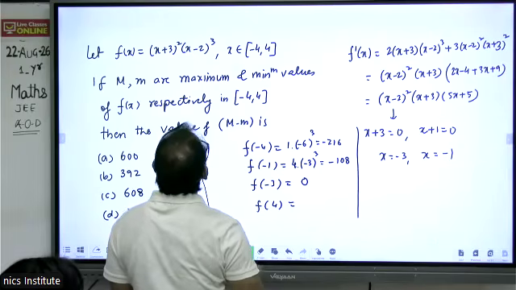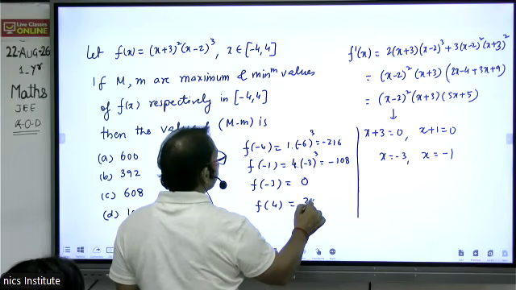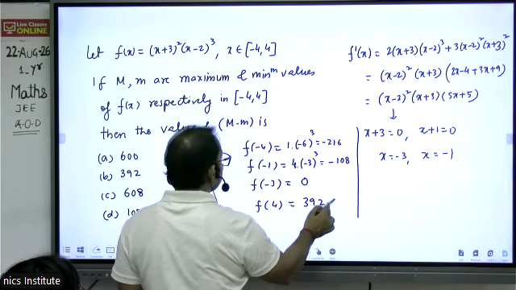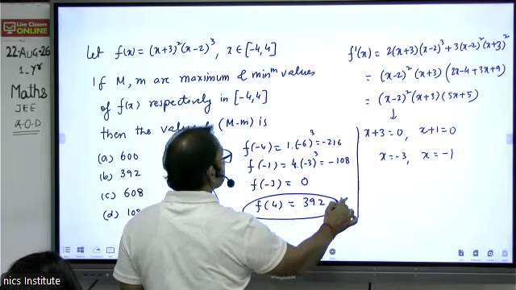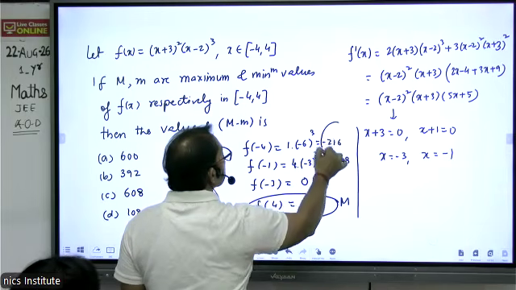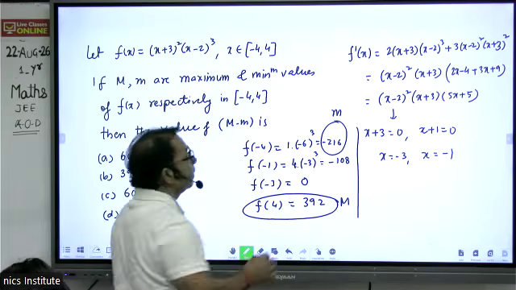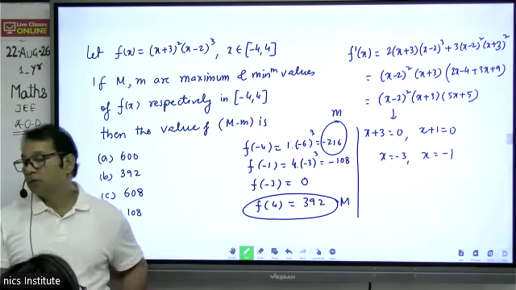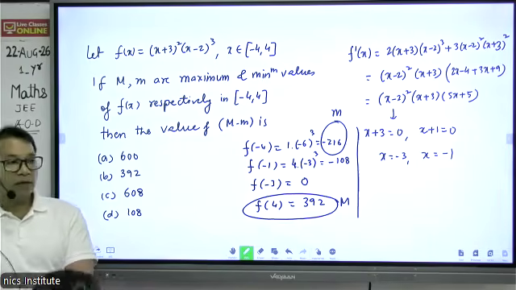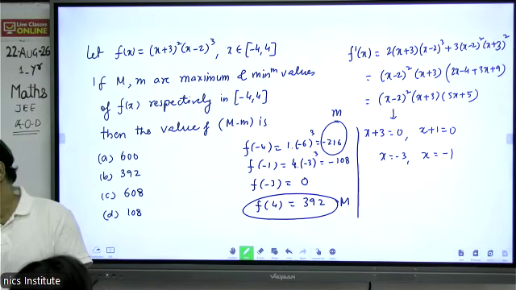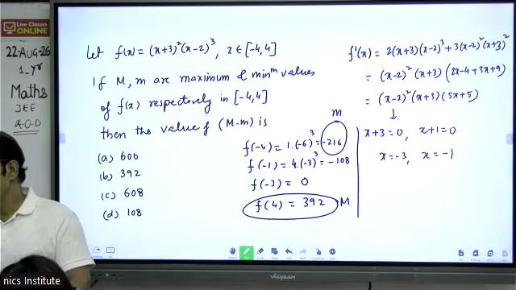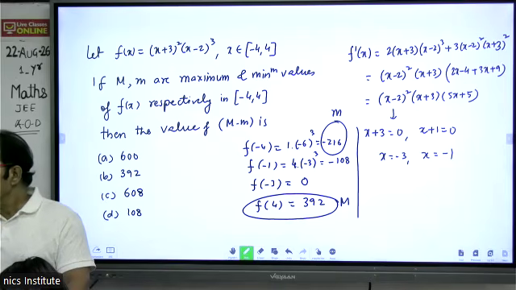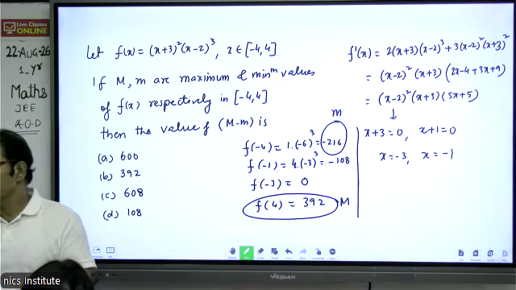f of 4 is 392. So this is the absolute maximum, and this is the absolute minimum value. So among them, the largest value would be the absolute maximum value, and the smallest value the absolute minimum value. So the answer is